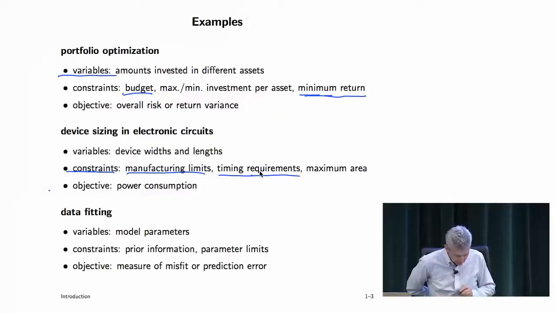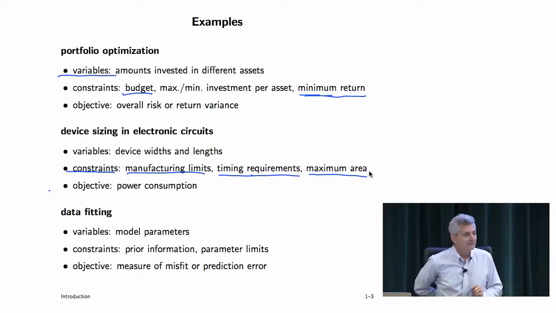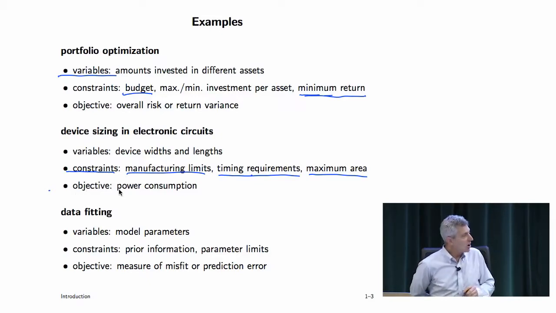So these are timing requirements. And of course, you might have a maximum area, right? So total area, you might say it has to be no more than 2 square millimeters, period. And that drives a lot of the economics of chip design, based on area for obvious reasons, right? Okay, and the objective might be, among all designs that satisfy the timing requirements, minimize power consumption. And that would be a good thing to do for many reasons. But for portable devices, it has an immediate and obvious good effect if you have low power, because it means long battery life or something like that.